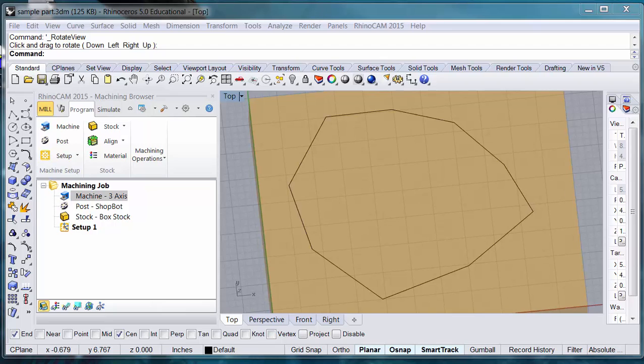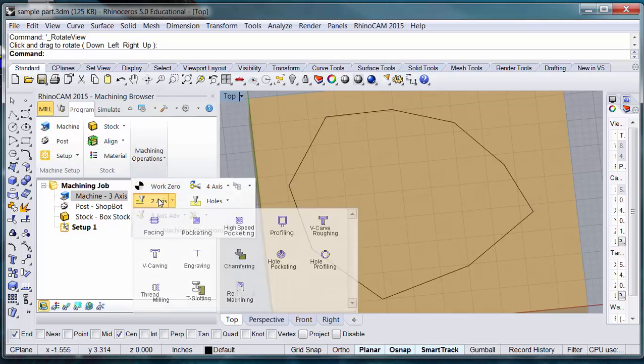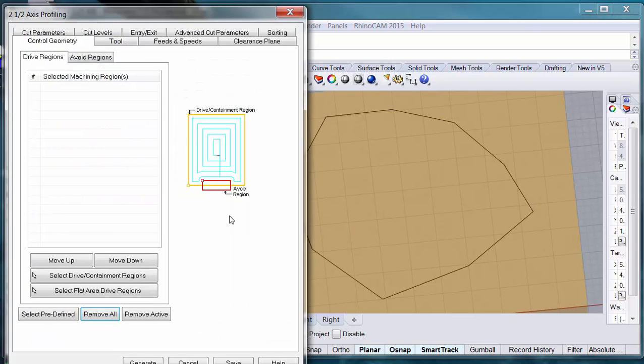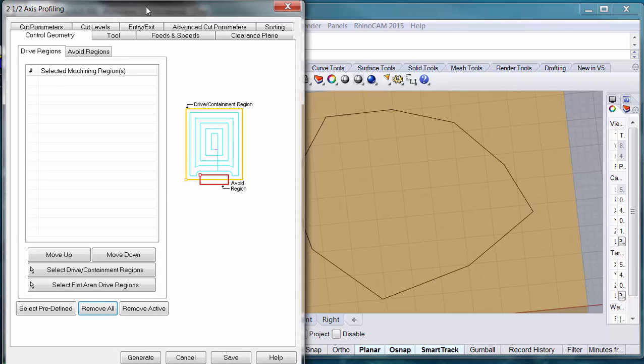In this video, we're going to look at the profiling toolpath. I already have my stock set up, my drawing ready. I have my machine set up, and I have my tool library already loaded. We're going to go into Program, 2-axis, Profiling. And you're going to notice a lot of the things here look exactly like the pocketing toolpath that we did